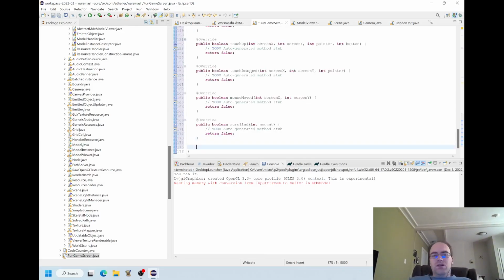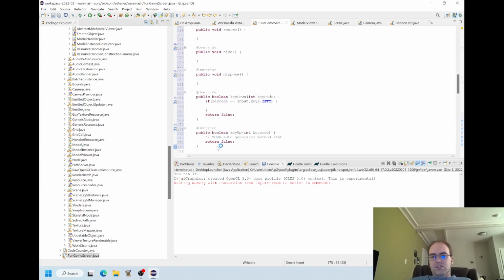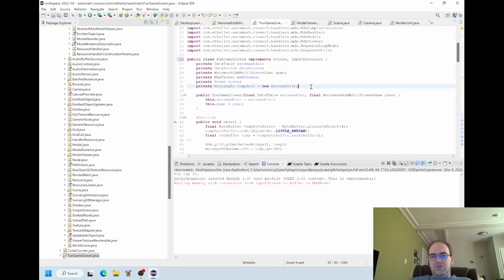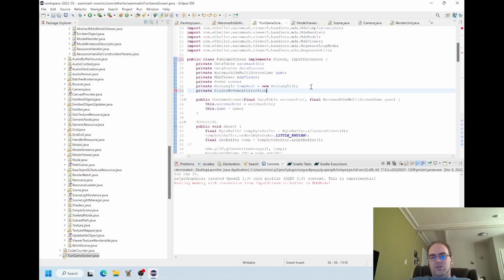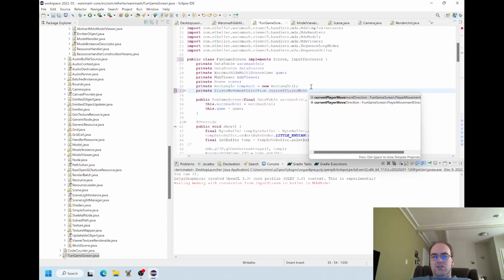Pong or something. So we could even just have like an enum player movement state. I don't know. There's probably a better name for that. Player movement direction that can be left, right, or none. And so then I can make a variable of type player movement direction, current player movement direction.